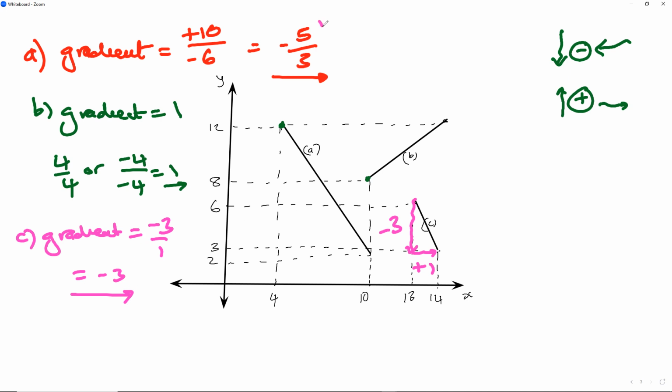Now, A was negative because it's sloping this way, and C is negative because it's also sloping this way. But we notice that B is positive because it's sloping this way. The positive gradients lean towards the right, negative gradients lean towards the